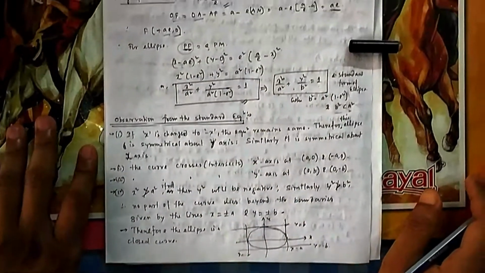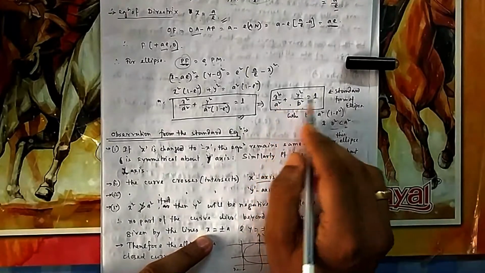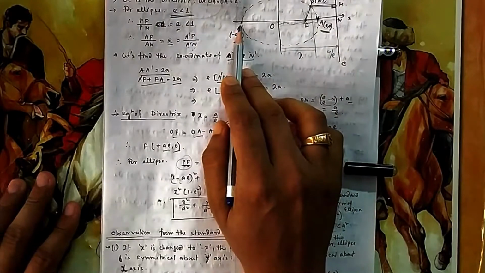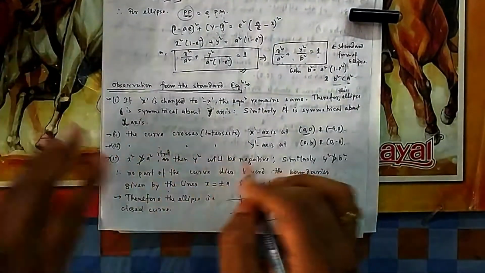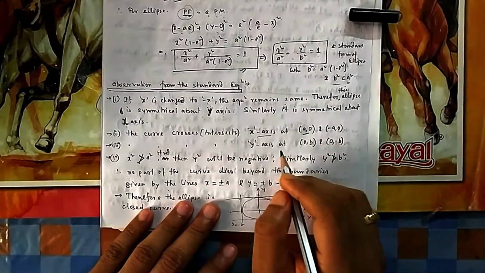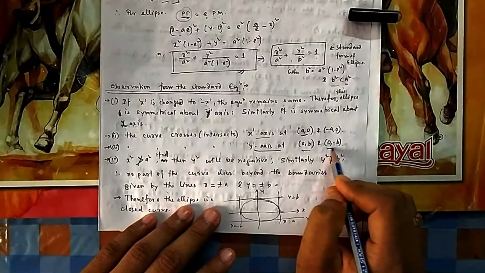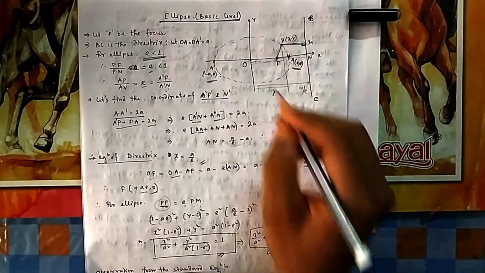At what point it is crossing the x-axis means you put y equal to 0, you will find x equal to plus a and minus a. So you can see it is crossing at x equal to a and x equal to minus a. So from any graph, if you put y equal to 0, you can find at which point it is crossing the x-axis. Similarly, it crosses the y-axis means you put x equal to 0, you will find this point. So these 2 points you also know. They are (0, b) and (0, minus b).